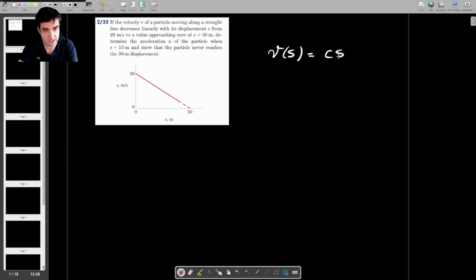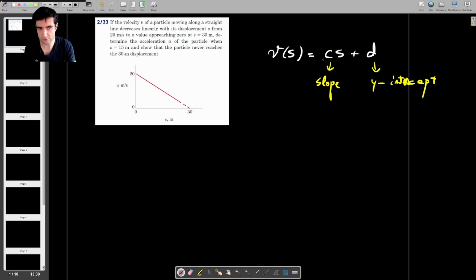I'll use cs plus d, where c is going to be the slope of the graph and d is going to be the y-intercept. So we already know what the y-intercept is because it's on the diagram. That's going to be 20 meters per second. So it's this value right here, where it crosses the y-axis. So this velocity decreases from 20 meters per second to a value approaching zero at the displacement